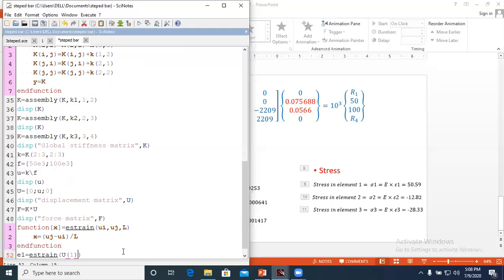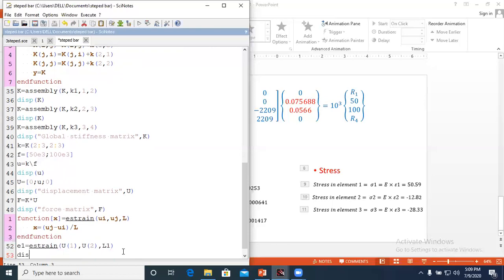Next, capital U2 is the displacement of node number 2. Next, the length of element number 1, it is L1. Now I will display this: display strain in element number 1, and I will write here E1. Now we will check it.